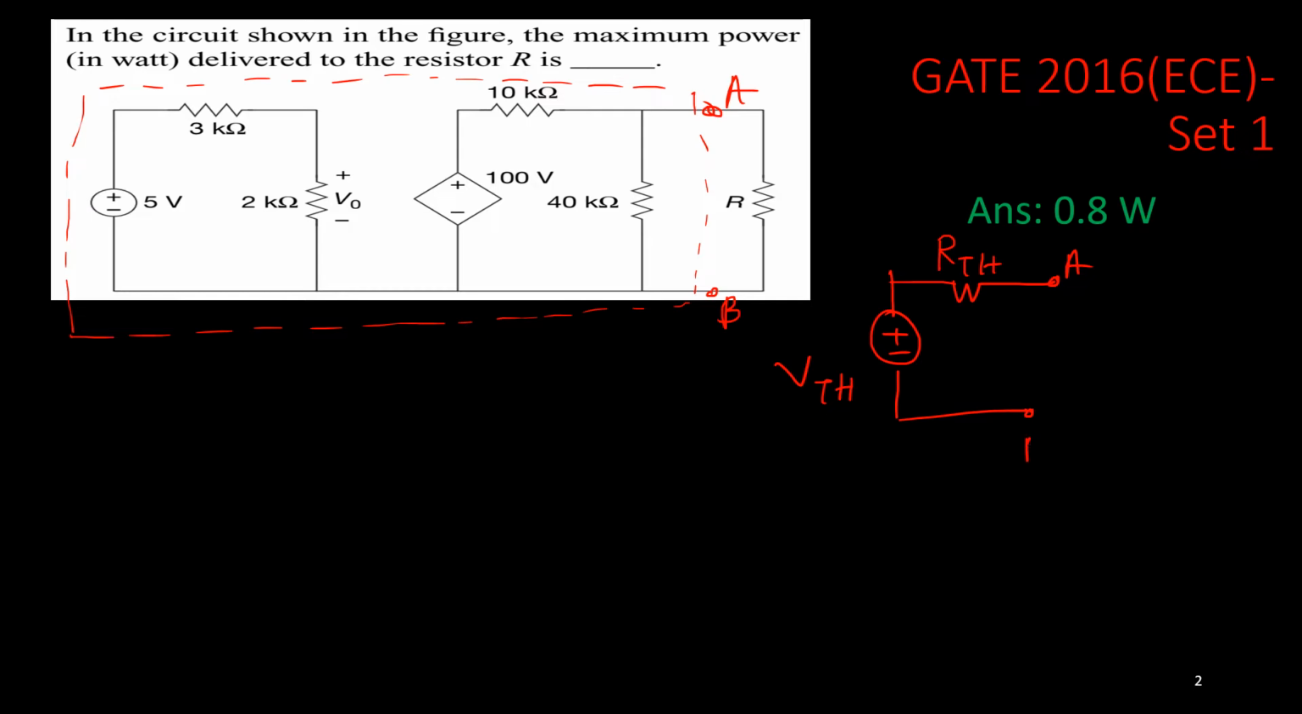and node B, and we can connect now our load impedance, that is your R. Now we can prove that maximum power delivered in this R will be when this R is equal to RTH. The condition is that when R is equal to RTH, then only the resistance will draw the maximum power. Okay, so for maximum power,